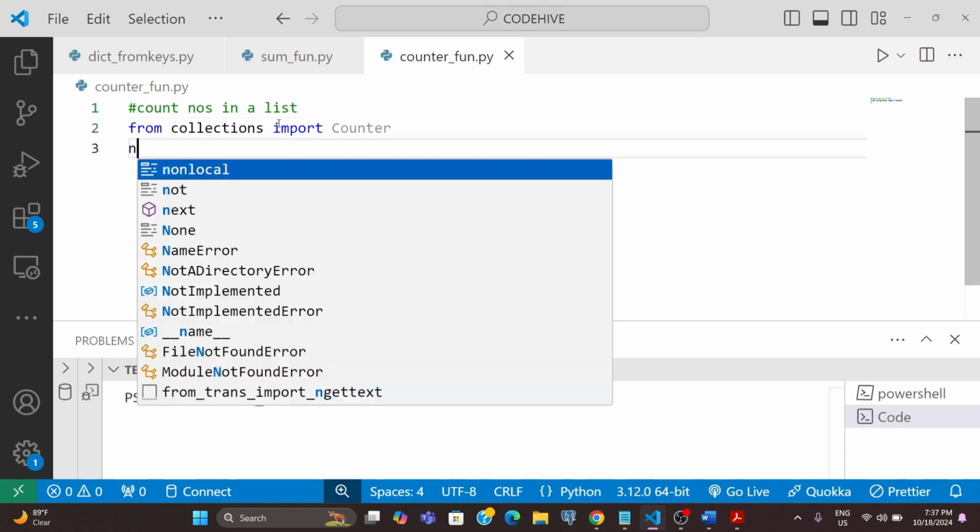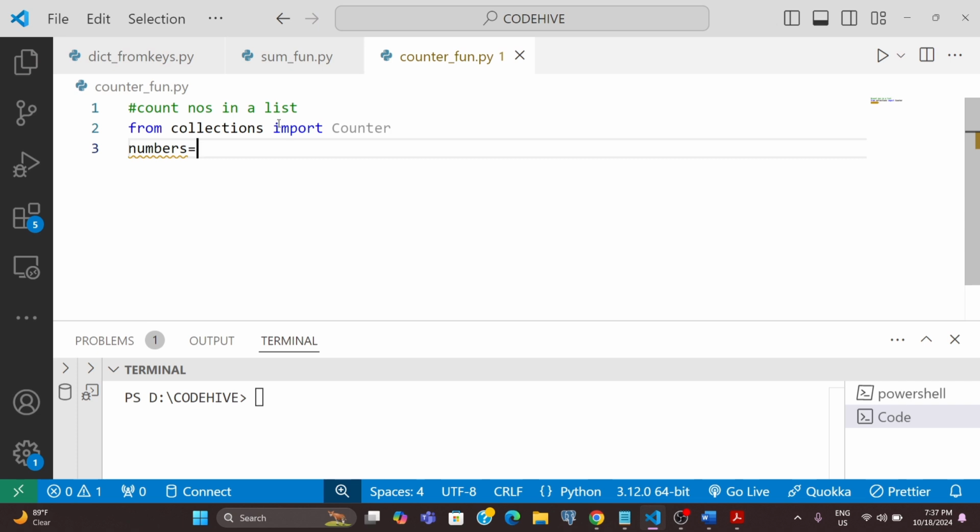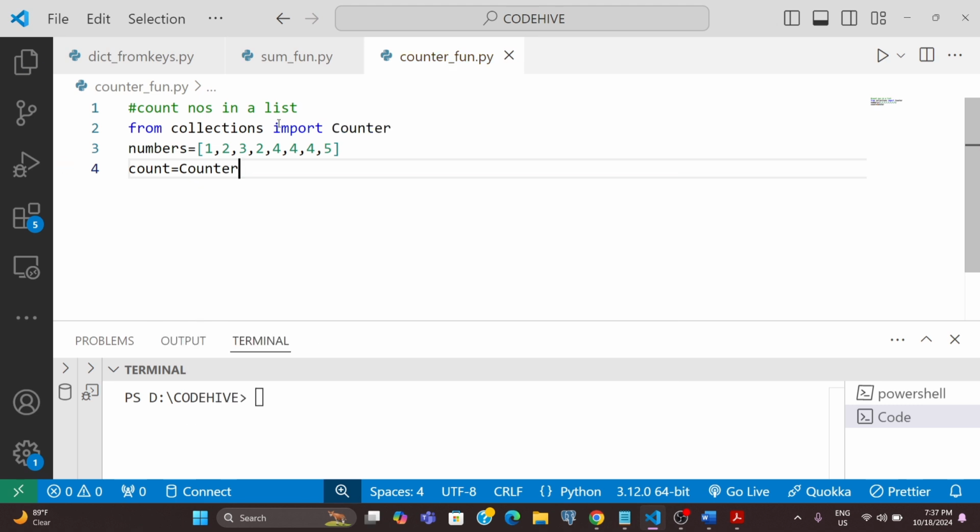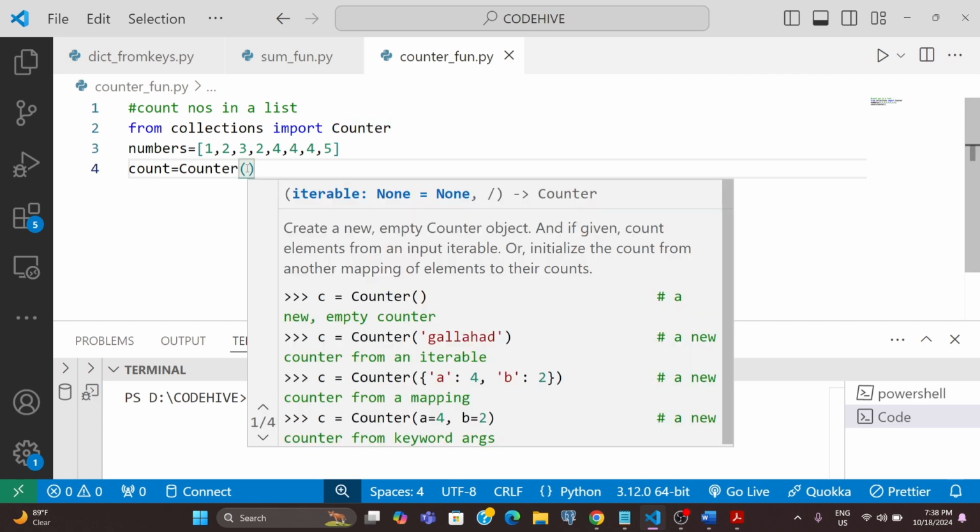Then we can initialize a list, like numbers. Then I have some list, for example, I am giving these values. Okay, this is my numbers list and I want to make a dictionary, right? Using this Counter, I just write Counter, then in the parenthesis I can use this